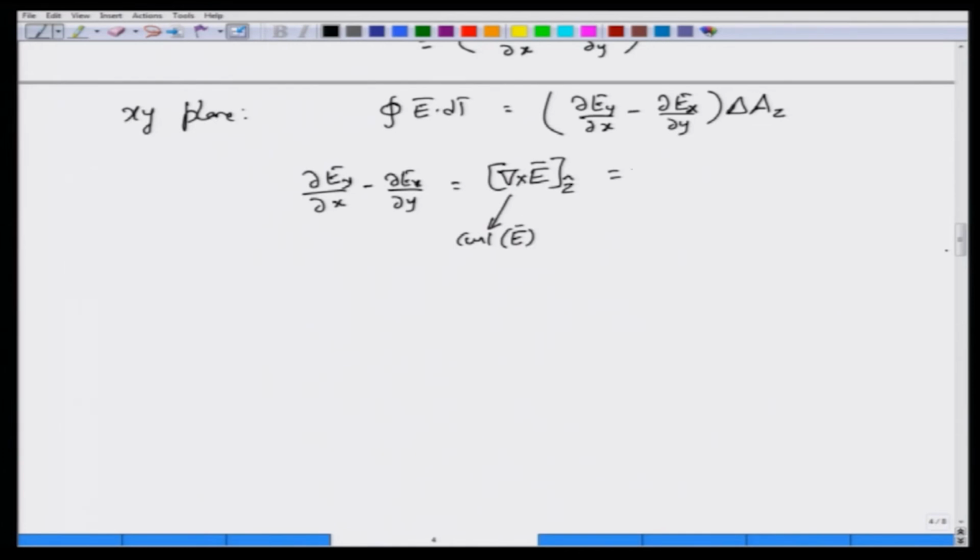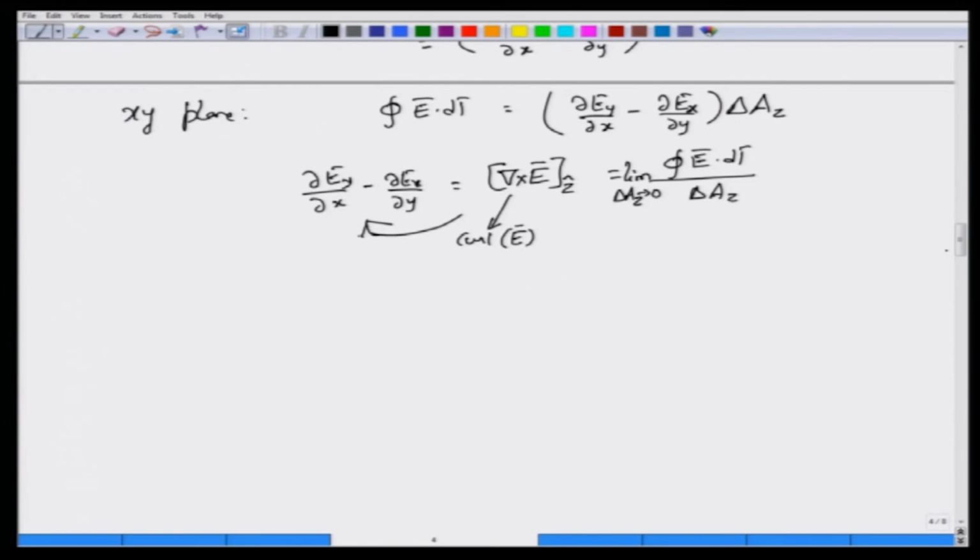This z component is given by del E y by del x minus del E x by del y, and operationally it is given by integrating the line integral along the path which is lying in the x y plane. So, you need to make this area size go to 0. So, this is the point form for the curl